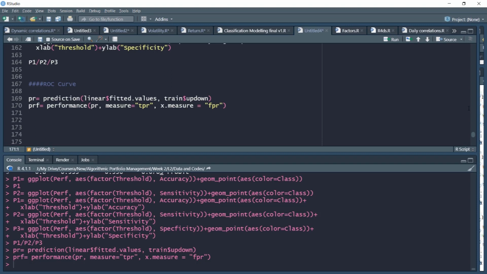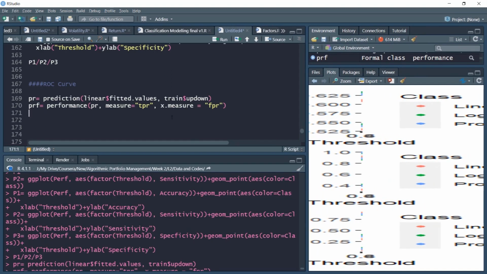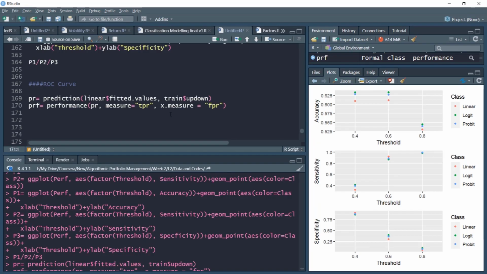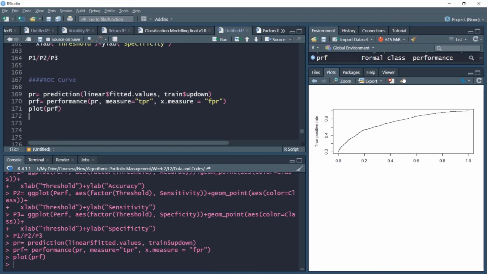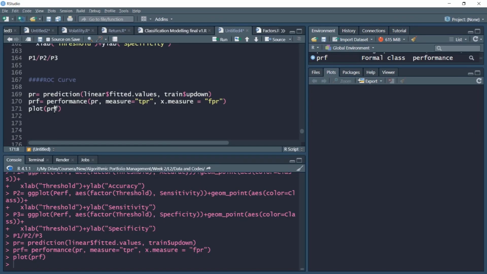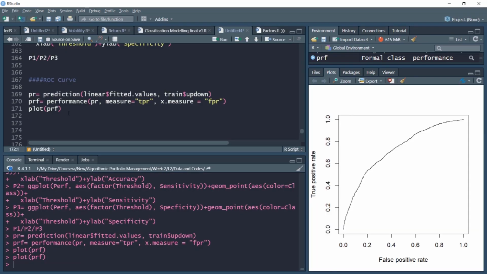So now I'll plot the ROC curve. It's a very interesting measure to evaluate the performance. So I'll plot with the help of this plot PRF. When I plot this, notice this is the plot. I'll clarify it slightly smaller, so we need to have a proper PRF plot. So this is our PRF plot. Now a good evaluation of this PRF plot can be done with the help of a center line, which is a 45-degree line, which gives 50-50 probability. So I'll use this 0, 1, which is basically a 0 to 1 line.